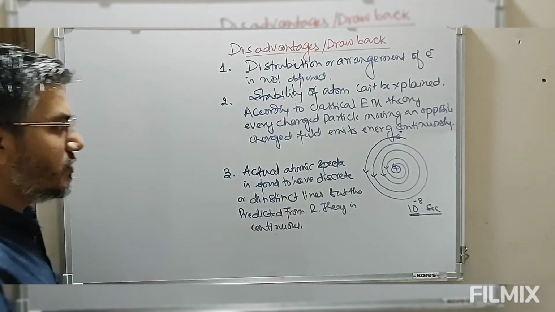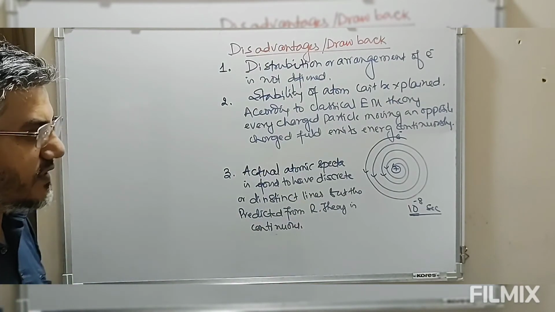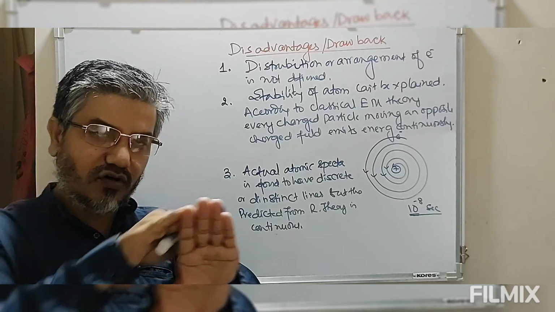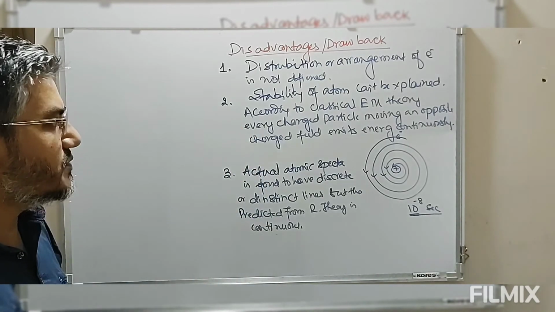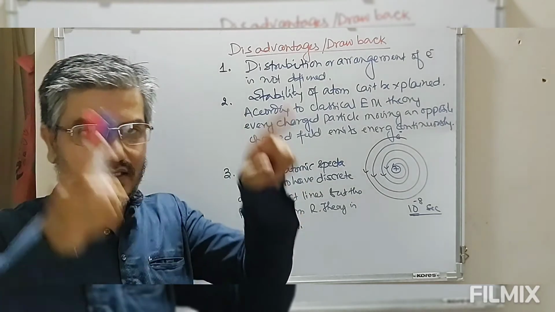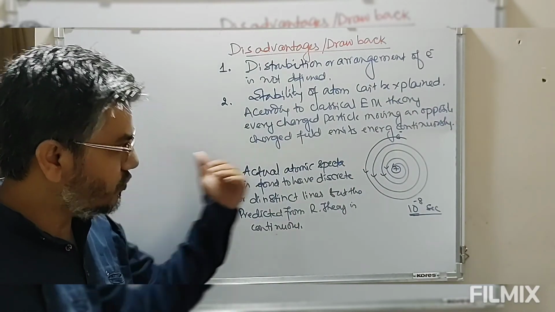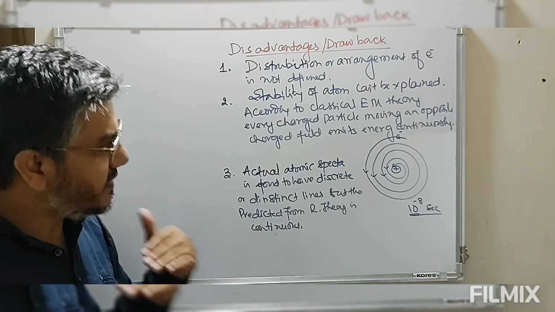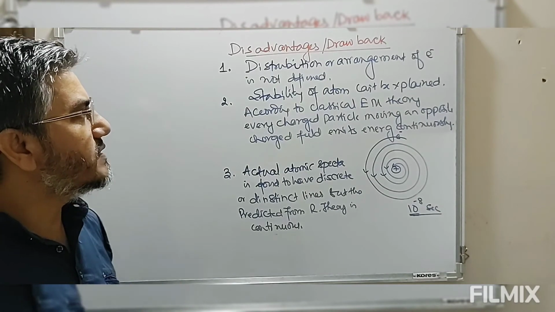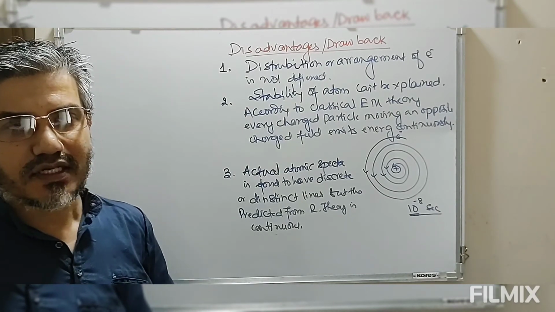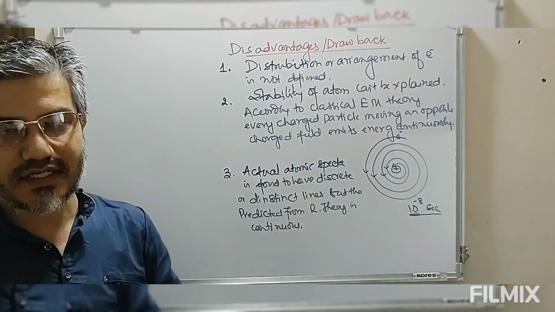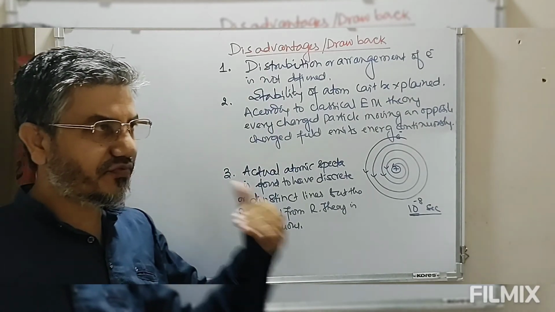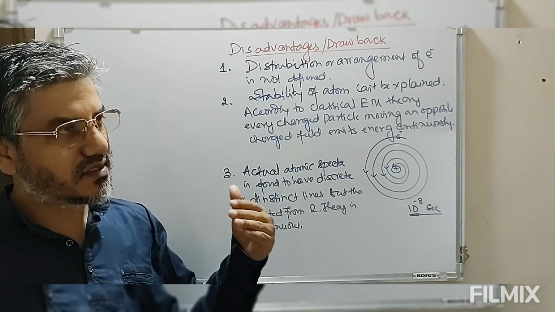Rutherford's theory says the spectra of atoms should be continuous because at each and every turn energy is continuously emitted, meaning there must be overlapping of the different lines, whereas the actual atomic spectra are found to have discrete, distinct, clear lines. So the actual spectra and the spectra predicted from this Rutherford model do not match. These are the three major demerits of this Rutherford theory. Apart from these demerits, the basic structure of the atom is still relevant to this Rutherford theory. So this is a brief discussion about the Rutherford theory.